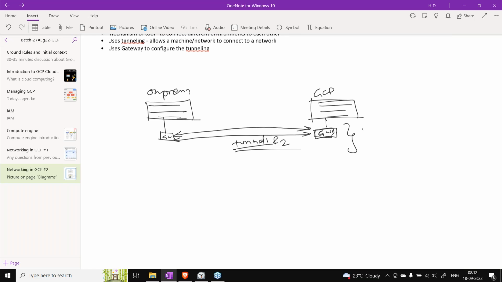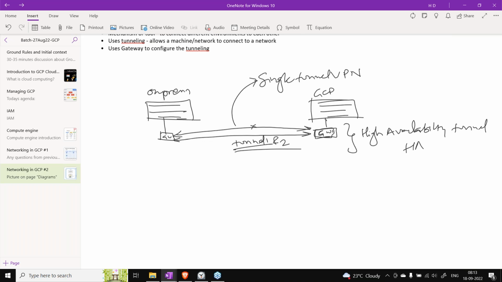This will be a high availability tunnel. If one of the tunnels breaks down, we still have another connection to keep the traffic going between the two different networks. If it is just one, it is called a single tunnel VPN.